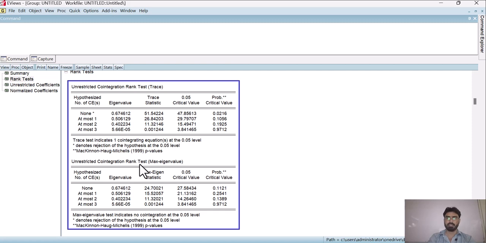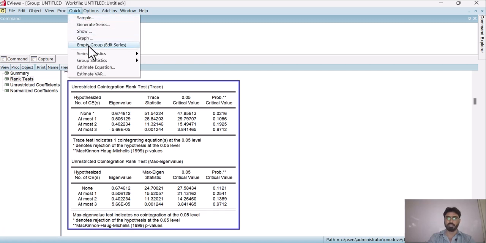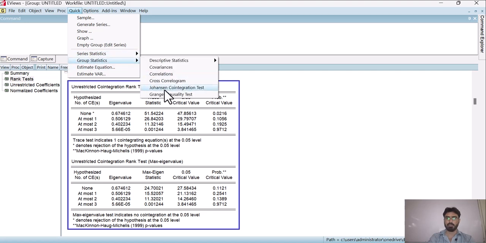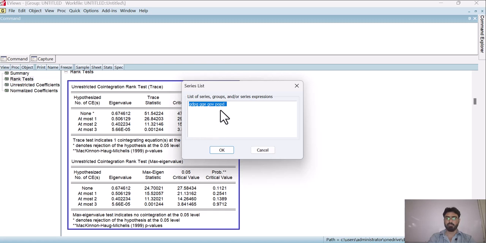If this is the case, then we go back to our Johansen cointegration test, and we have to increase or decrease the number of lags and see what result appears in that case. So now I am going to again click on Quick, Group Statistics, Johansen cointegration test, and again we have to enter our variables as we have already entered.